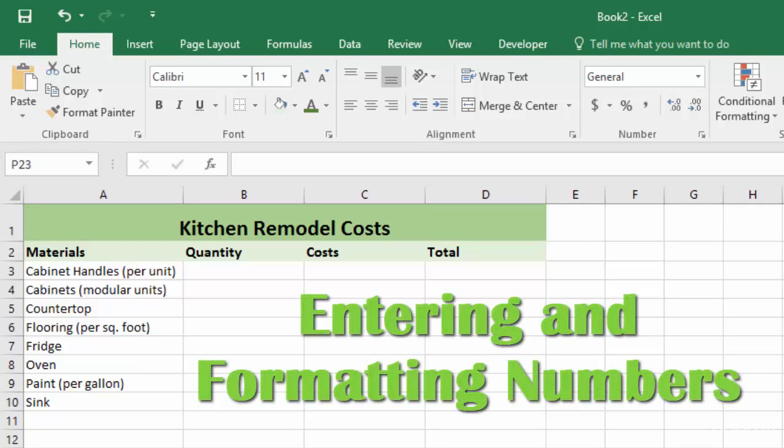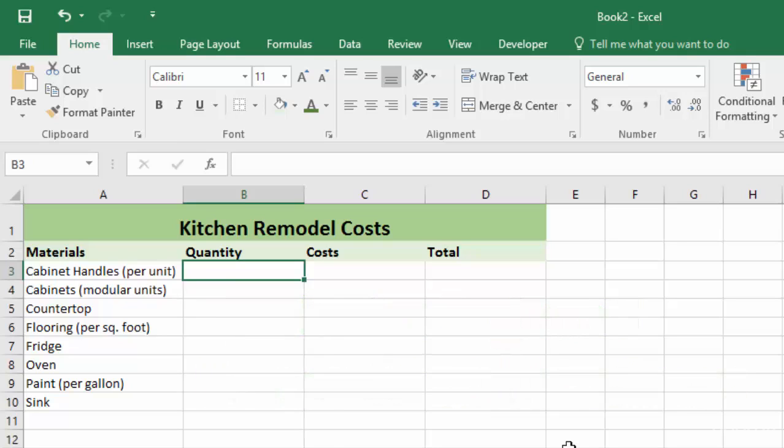Okay, in this lecture we're going to be entering our quantities and costs into these columns, and then we're going to format those numbers just to make them look good in our spreadsheet. So first you just click on the cell that you want to enter your first number in, and you can type in your number, hit the enter key, type in your next number, hit the enter key, and I'm going